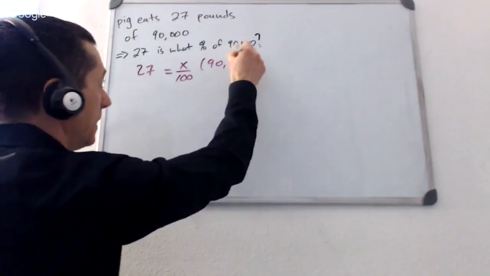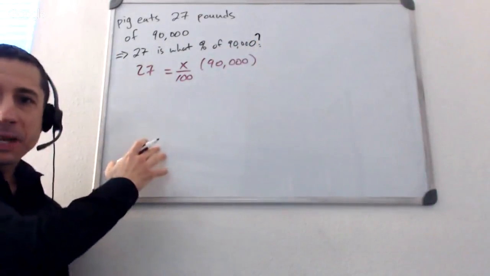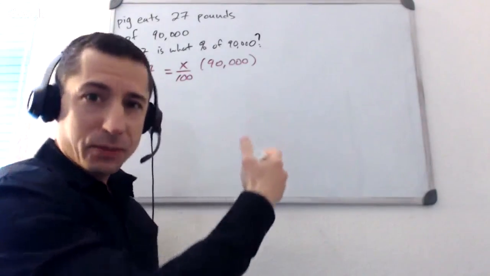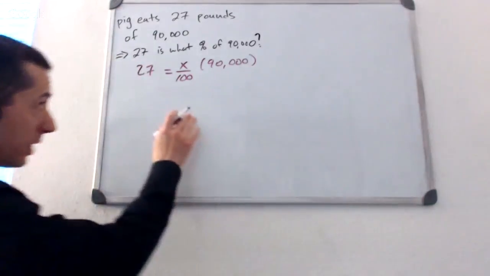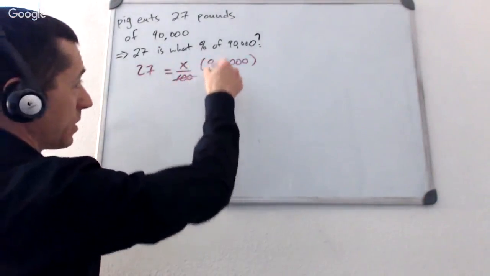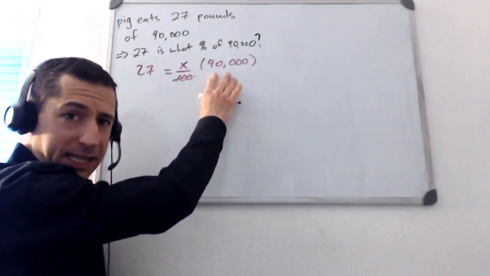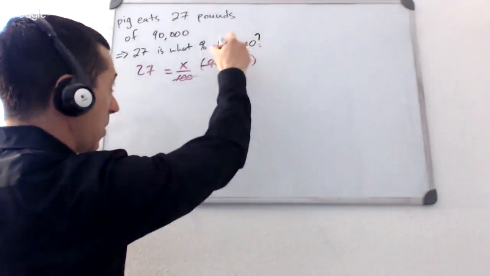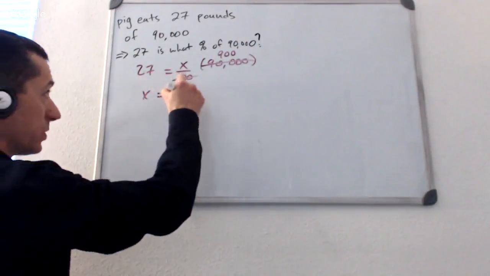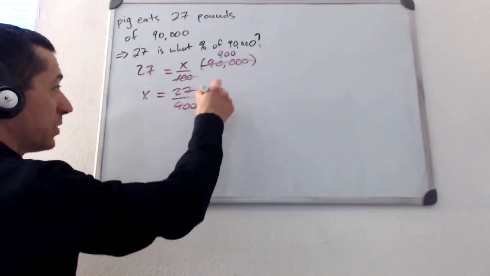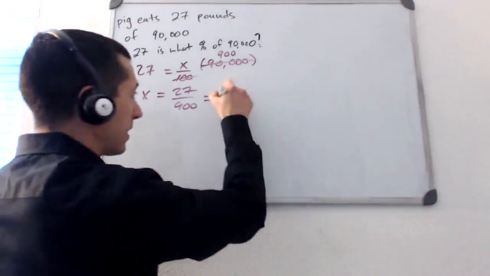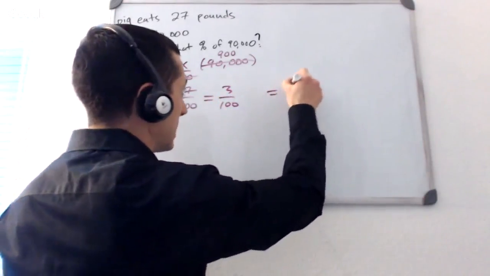Great. Now, this isn't the only way to set up a percent question. I think this is the most methodical, the most fundamentally foolproof, unless you make a mistake down the road. And I'll illustrate a couple of those mistakes here. Okay, so we can start canceling. A couple zeros cancel out. Always when you're canceling zeros like this, just triple check your work. Doesn't take you any time at all. Really easy to just misread that, make a little mistake. So what do we get? We get x equals 27 over 900. We can doctor that a little bit. Let's divide top and bottom by 9. We get 3 over 100. That looks to me like 3%.